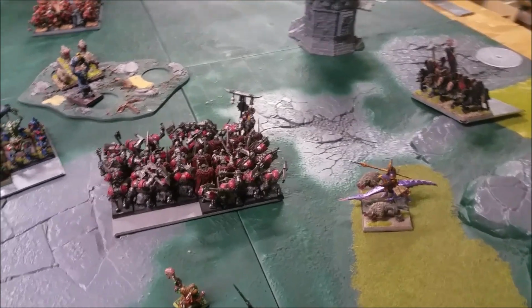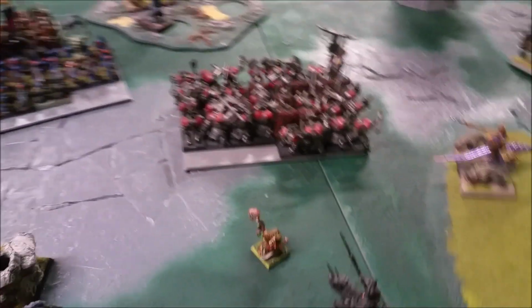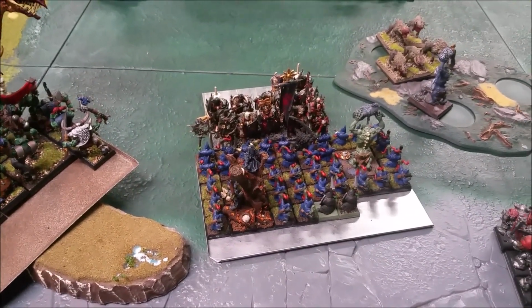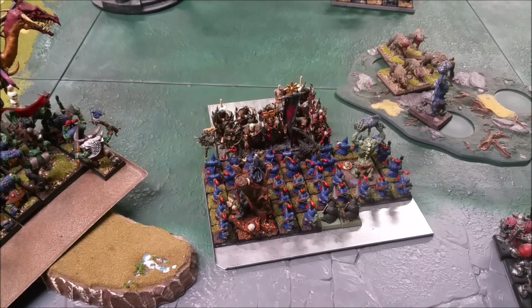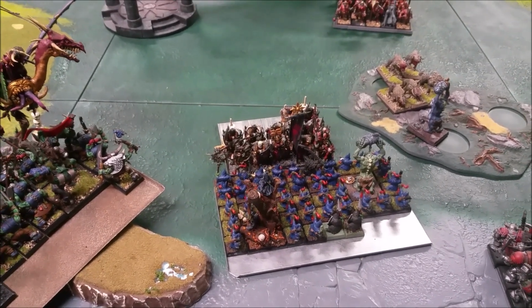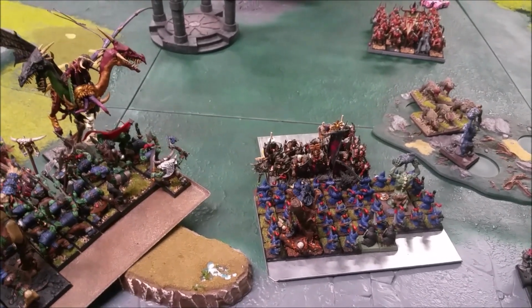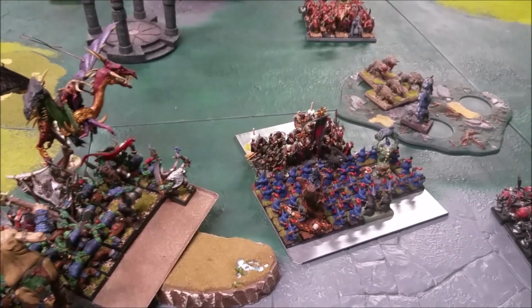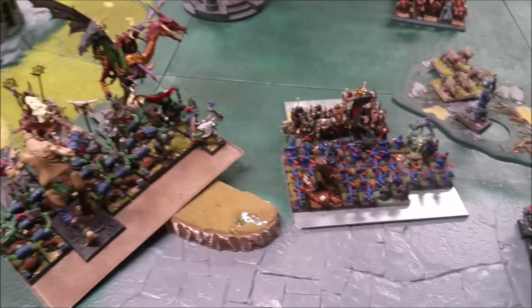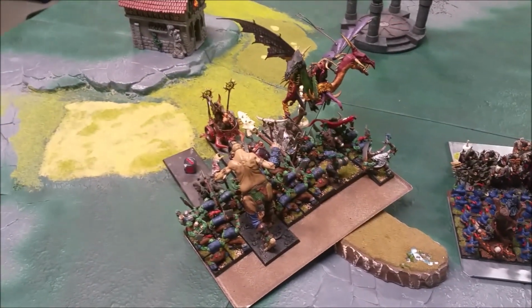These guys moved around here so they could get the stupid shots off of them. And they succeeded. These guys needed 8 and got exactly 8, and then only lost I think 2 guys to stand and shoot. It was 4 guys to stand and shoot. You lost 4 to stand and shoot, and then 2 in combat. Okay. These guys kind of shifted so that he couldn't get a flank into them. These guys charged over here,